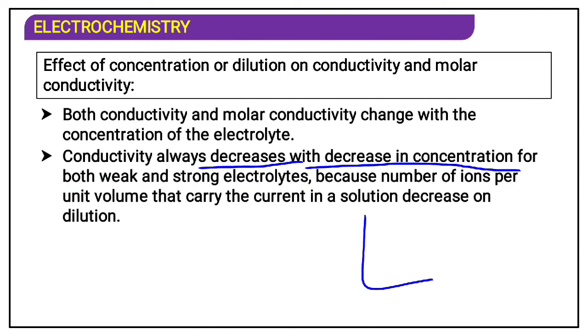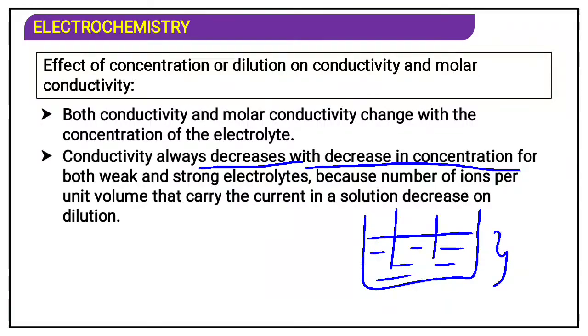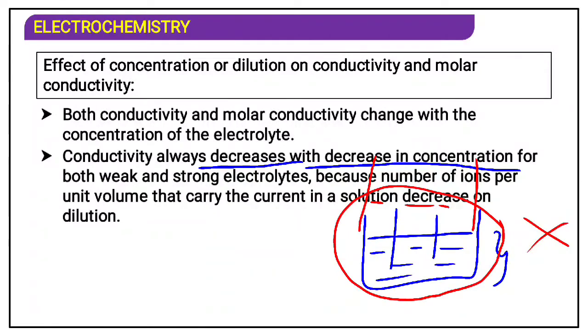See, this is the area of the electrolytic solution between the two electrodes. Now there is a conductivity of this solution, something. Consider the conductivity of this solution per unit volume is x. Now what I am doing here is increasing the dilution. Increasing the dilution is nothing but adding some water. If you add some water, the area becomes double. Previously this much area, now this much area.